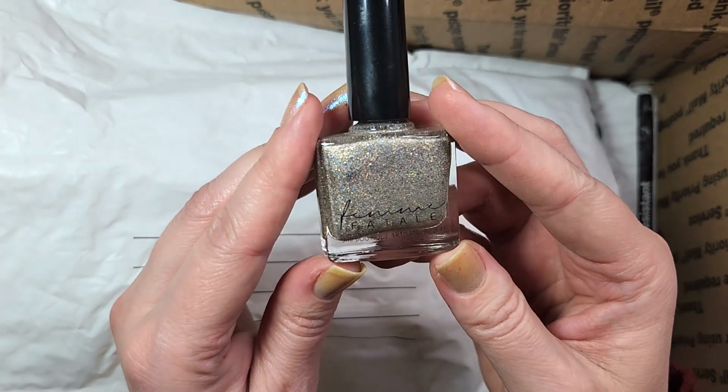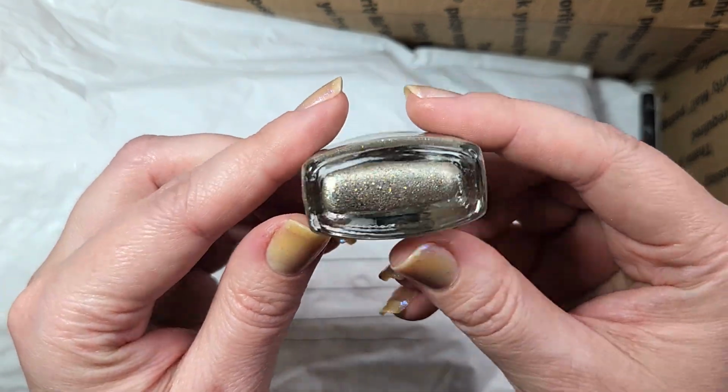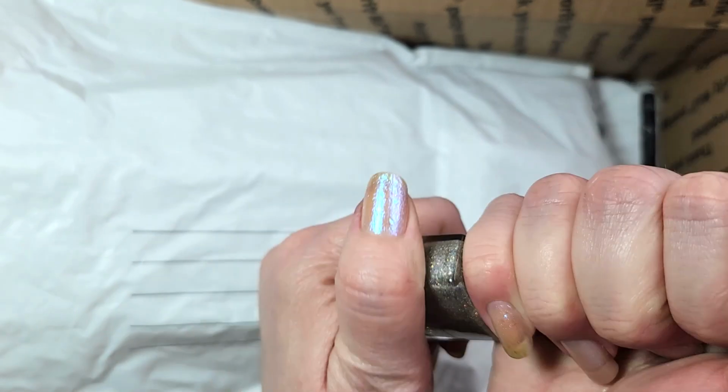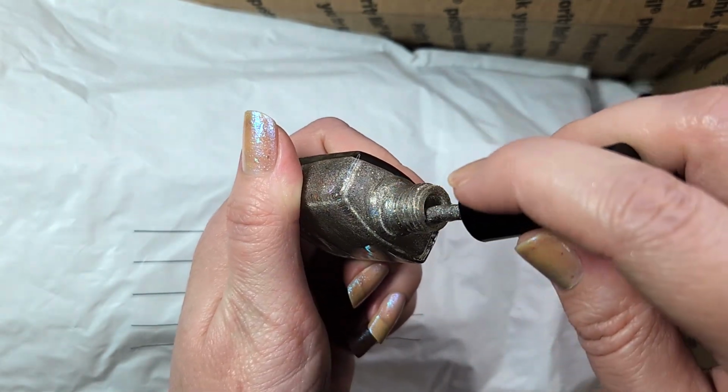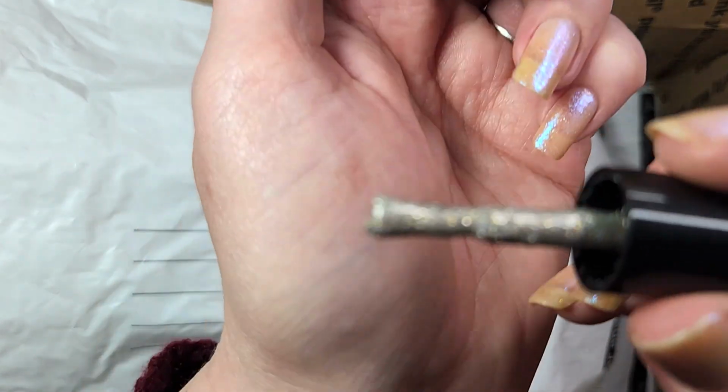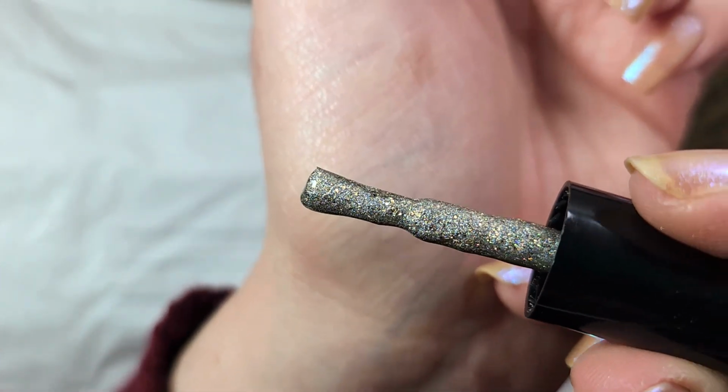Ooh, we've got another from Femme Fatale. This one also doesn't have its little label. This one, I can't tell if it is a silver or more like a light white gold. Ooh, it's a little bit gloopy, but there you can see the color. You've got a